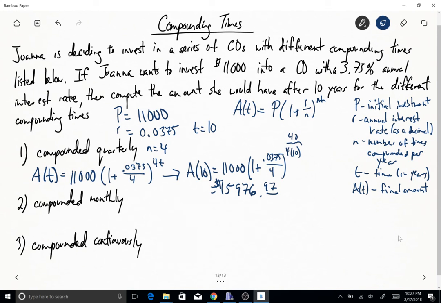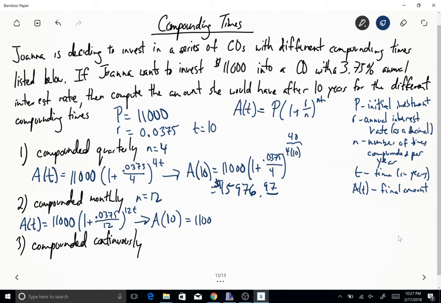Is our final answer. So now, what should happen if we compound more often, compound monthly? Well, in that case, we get a new A of t function, and you get 11,000 times 1 plus 0.0375 over 12 raised to the 12t. And so that means that A of 10, because we're looking at 10 for our time in this case, is